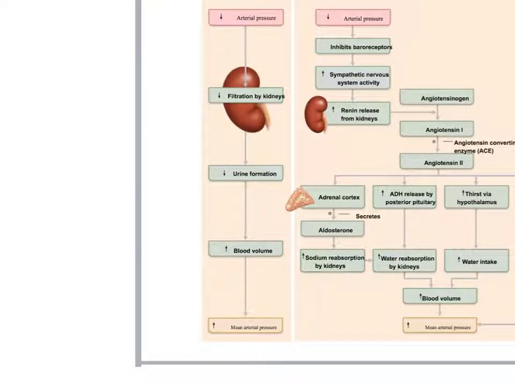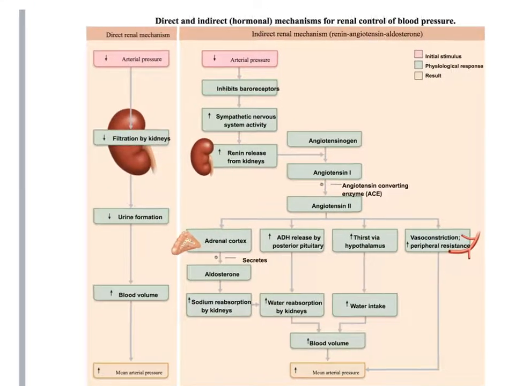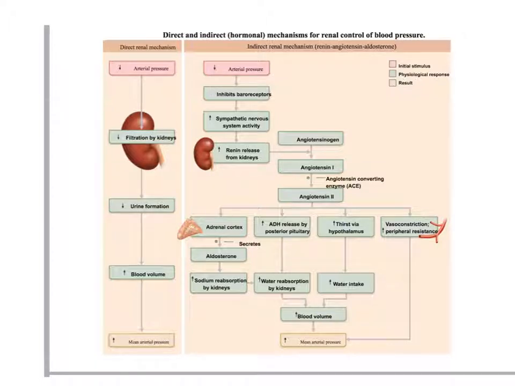That goes up, okay? So the kidneys work directly, in this case, directly to regulate blood pressure just by regulating the absorption or excretion of water. Okay, that's a direct mechanism. Then over here, you have all this indirect mechanism. Okay, and here's your angiotensin